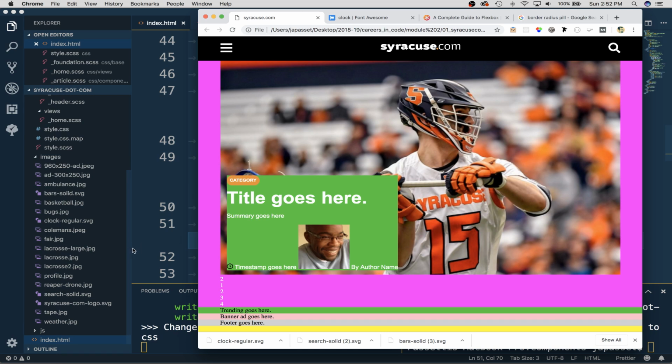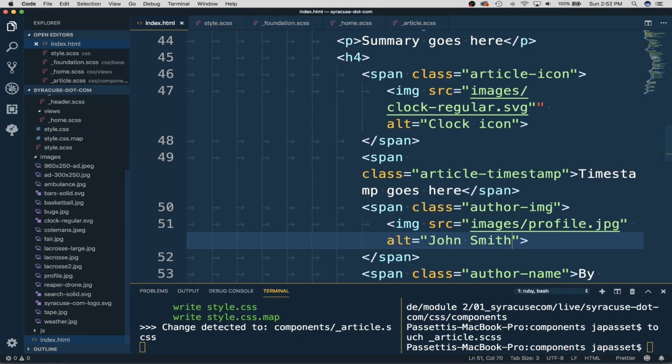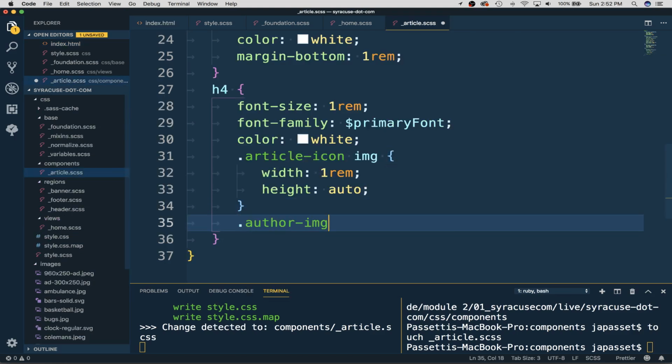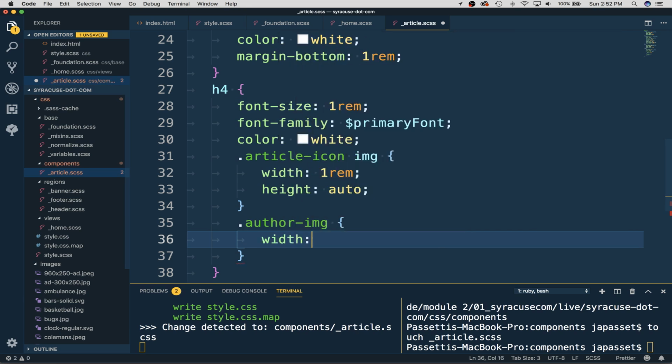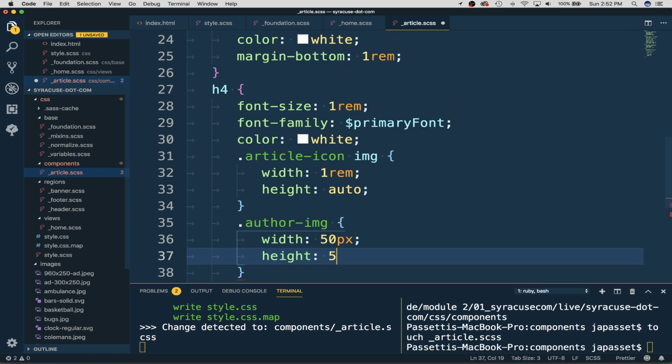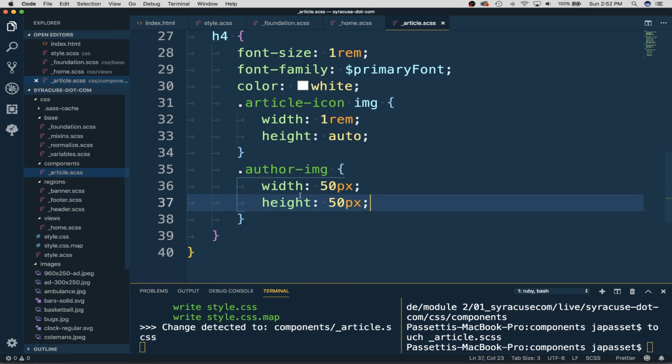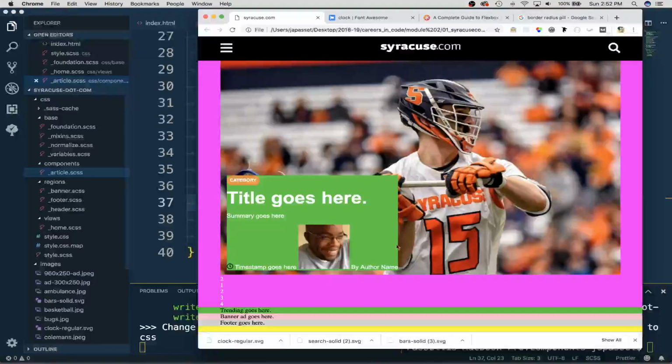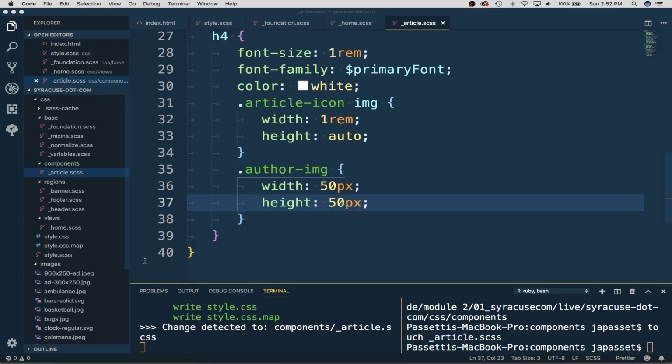Okay, so what do we do? How do we scale this little author img down? Well, copy the class, bring it over. Hey, author img, you are going to be width 50 pixels. I might even force you to be 50 pixels for the height. Save, refresh. What happens? Nothing happens. The span, the outside span got shrank, but the interior image did not. So,